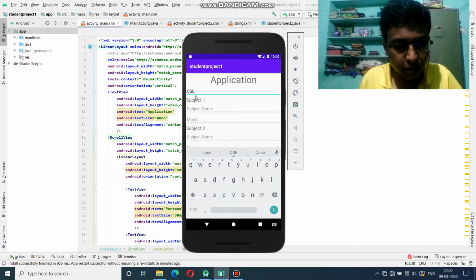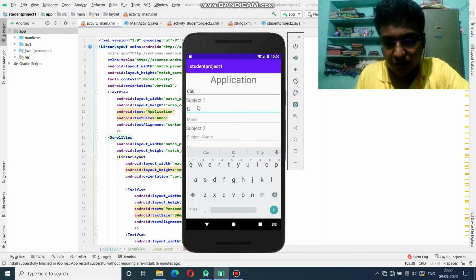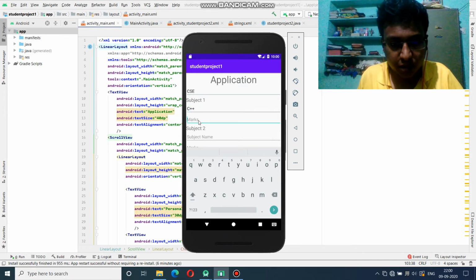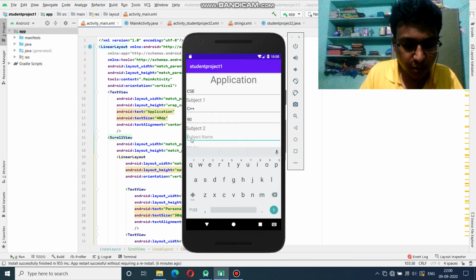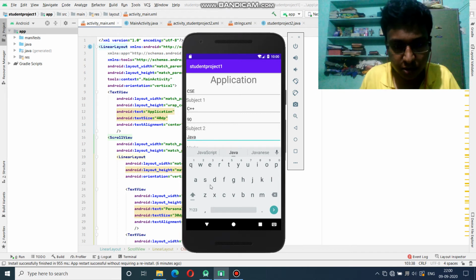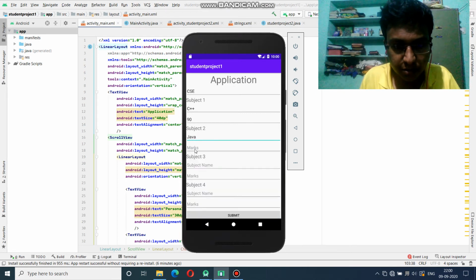I am going to give her department as CSE, and I am giving the data here, and I am going to give the marks she has scored in the academics. I am going to give them for the programming languages here. You can give any of the subjects here.